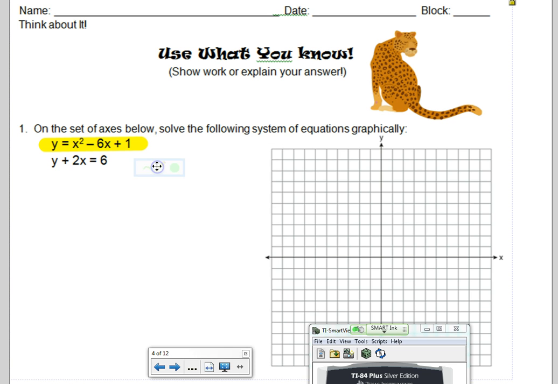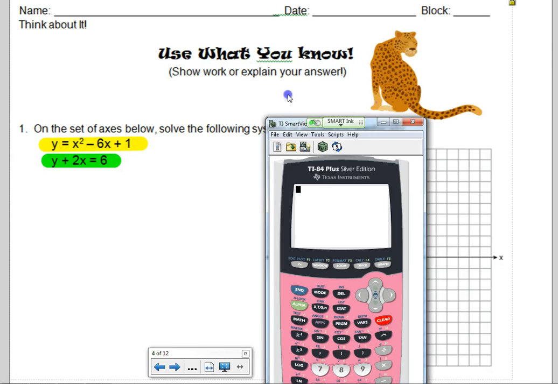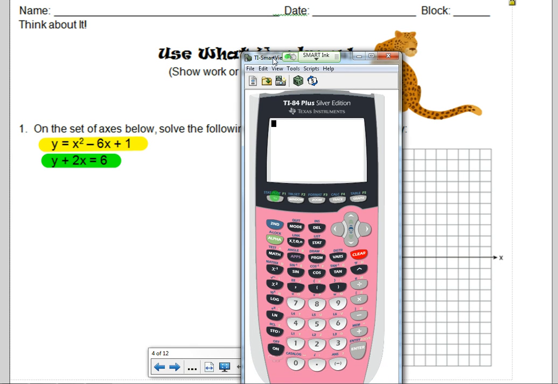So here's our two equations. We've got to find the x, y values, the point that satisfies both of those equations. So graphically, all we have to do is graph each one and then see where they intersect. All right, so if I press y equals and type in my first equation,